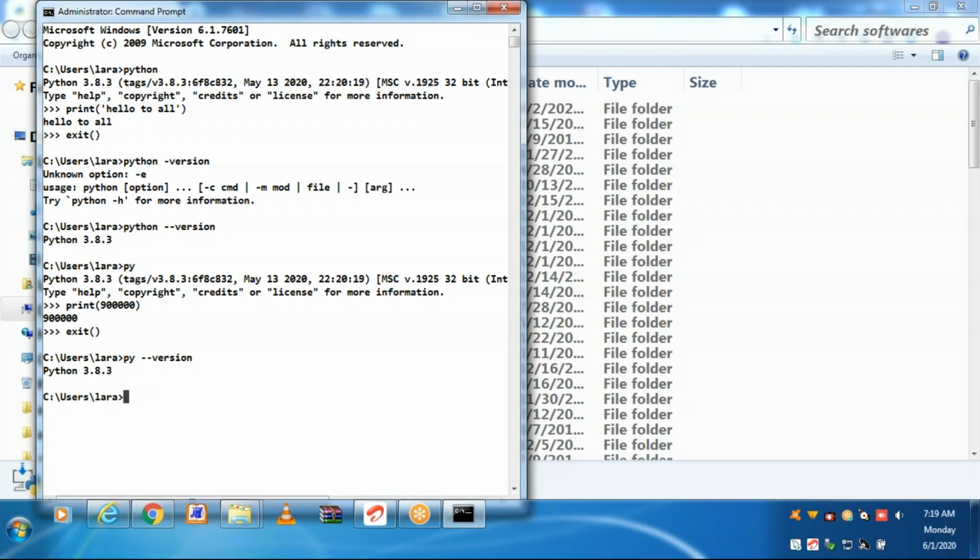In case of Python, you don't need to compile. Straight away, run the program by using the py command or Python command. We don't need to compile. There is no compilation step in Python.